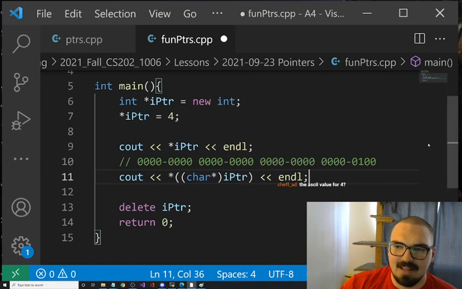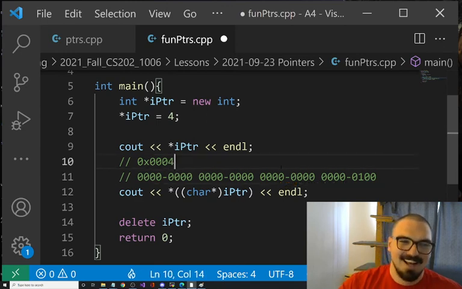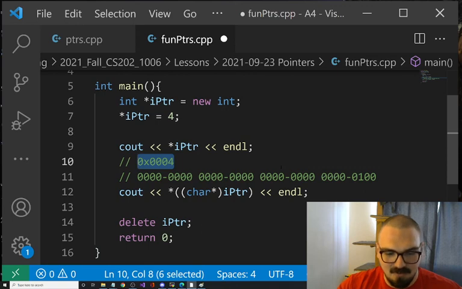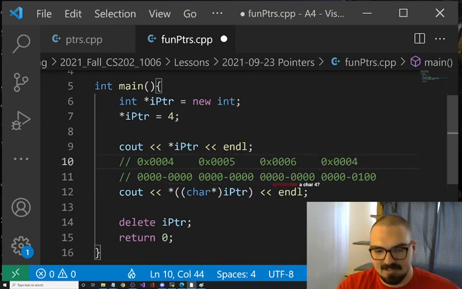So Chef, you said the ASCII value for 4. I'm okay with that, except here's one thing you need to consider. Say this is 0x00, A. No, that's too hard for this. So let's say that's at 0x004. This one is then the next one up, that's at 5. This one's the next one up, that's at 6. This one is at 7.